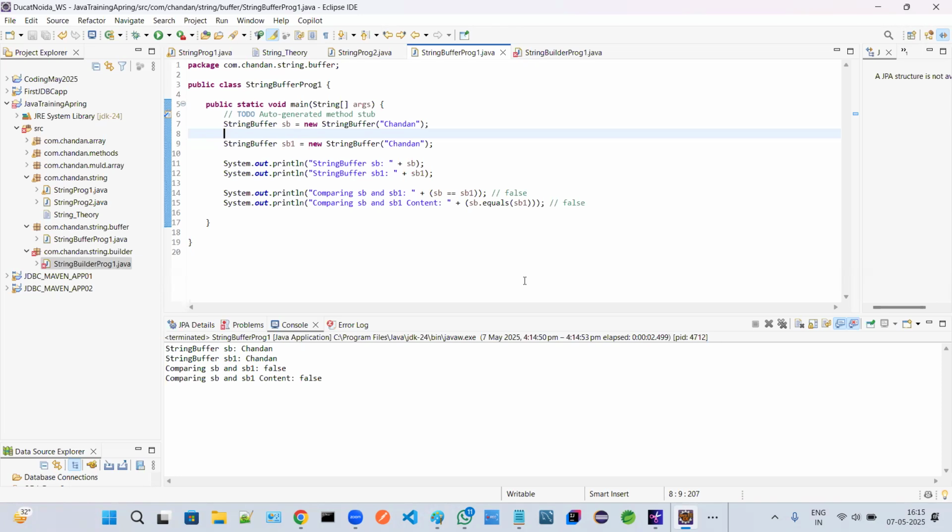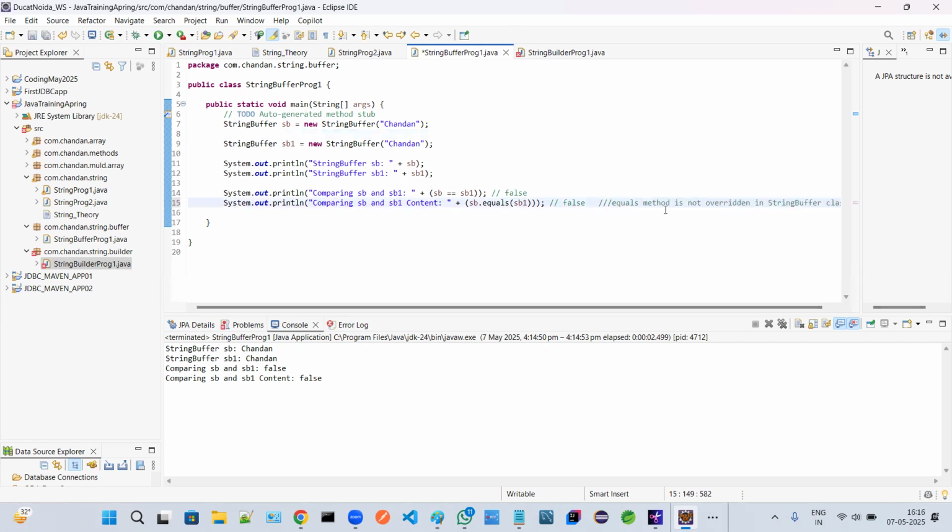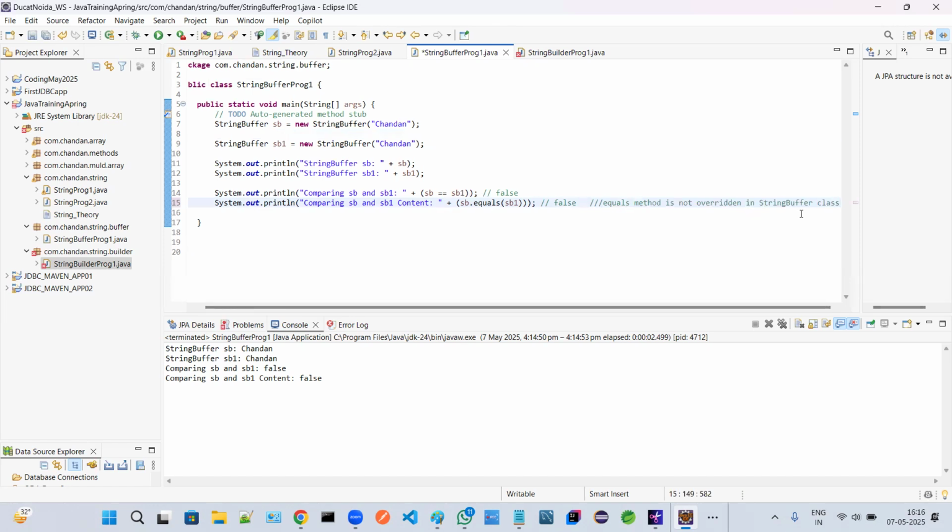And the String class does not have its own dot equals method; it has inherited it from the Object class, which is the superclass for all classes available in Java. But the StringBuffer has its own method, called what? Dot equals. So in case of StringBuffer, equals method is not overridden in which class? The StringBuffer class,